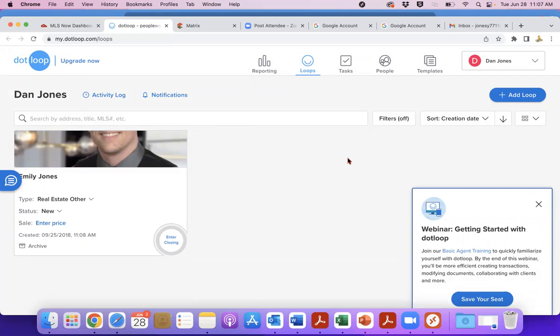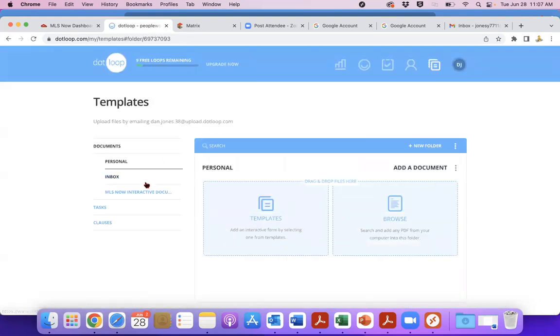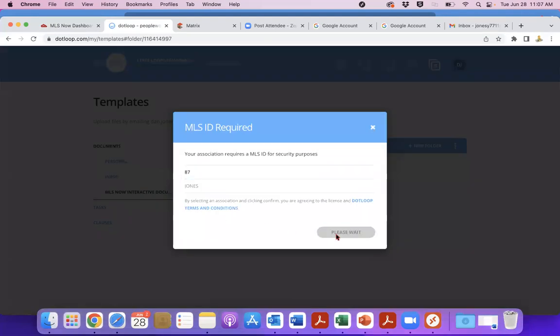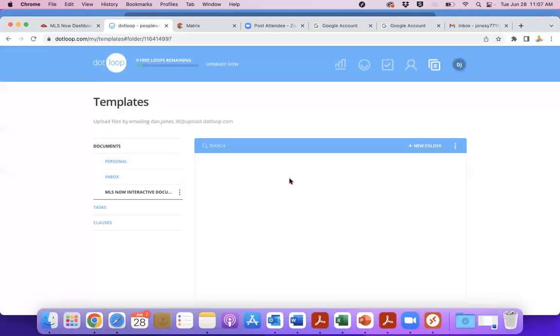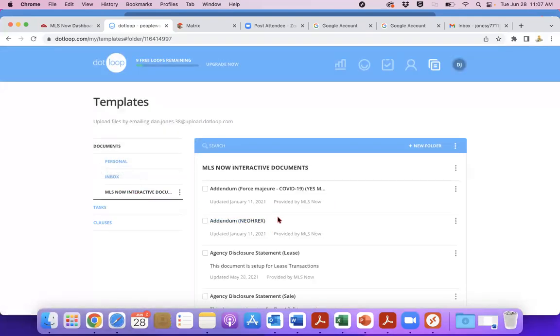So then all of your electronic signatures you might need for a transaction can be stored inside of .loop or zip forms if you go that route. But what I want to show you is over in the top right-hand corner, that templates tab. That's where all of our MLS Now interactive documents are on the left-hand side. Now yours may look slightly different, but essentially it's going to be the same setup in terms of accessing our MLS Now interactive documents if you ever need